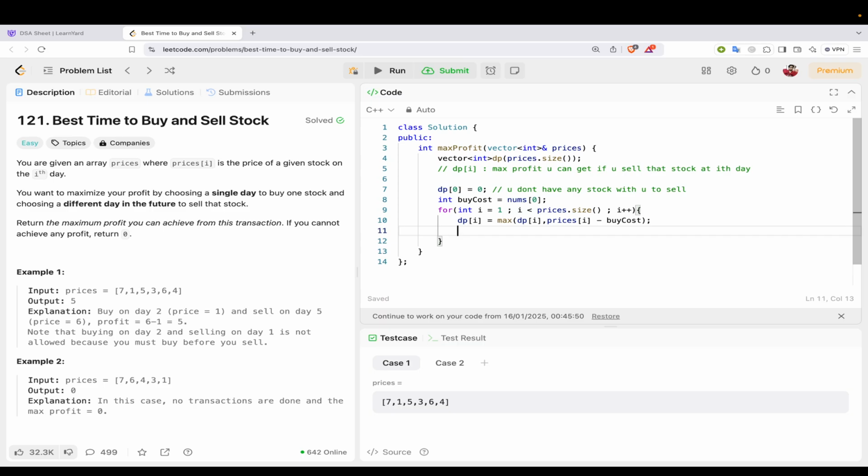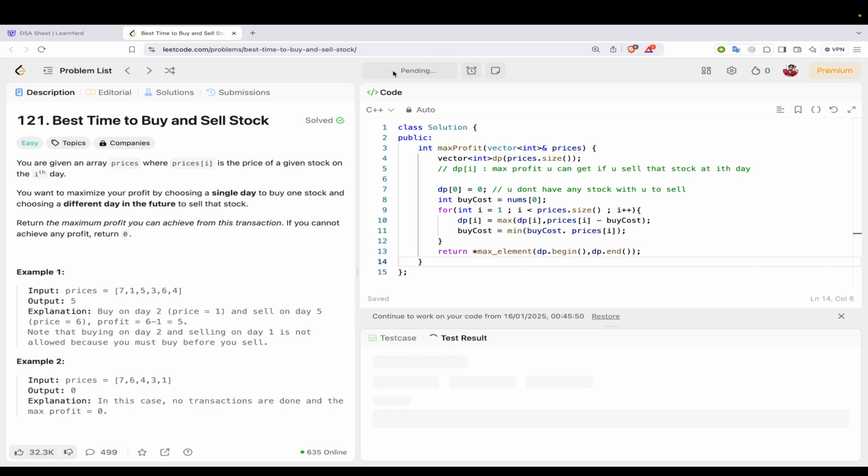अब हम जब नेक्स्ट आइटरेशन में जाएंगे तो हमारा नेक्स्ट वैल्यू जो हो जाएगा वो सेलिंग प्राइस बन जाएगा, बट हमको करेंट वैल्यू को भी कंसीडर करना पड़ेगा कि ये हो सकता है कि ये मिनिमम हो, क्योंकि अब हम नेक्स्ट डे फ्यूचर में बेचना चाहते हैं तो हम प्रेजेंट में खरीद सकते हैं। सो आई विल जस्ट अपडेट बाई कॉस्ट विथ मिनिमम ऑफ बाई कॉस्ट और प्राइसेस ऑफ आई, ठीक है। रिटर्न कर देंगे मैक्स एलिमेंट डीपी डॉट बिगिन से डीपी डॉट एंड, ठीक है। दिस इज आवर फाइनल आंसर।